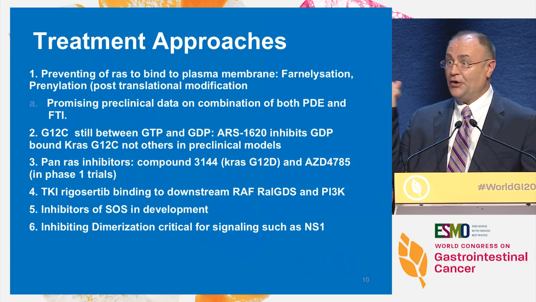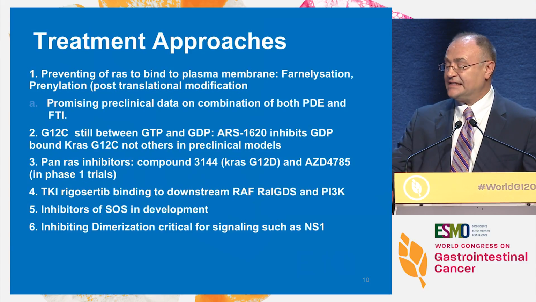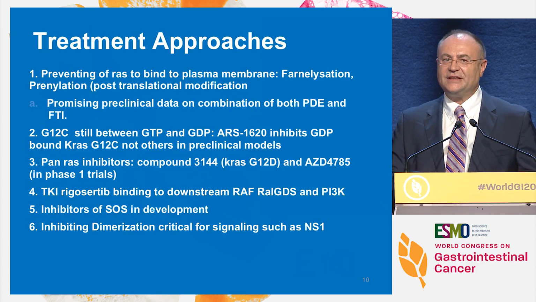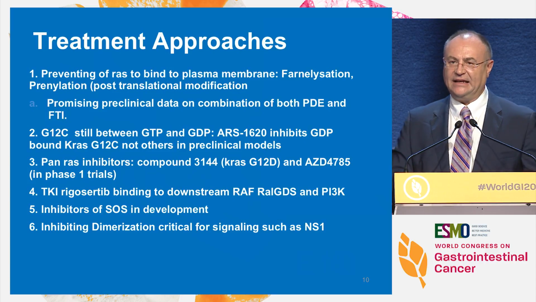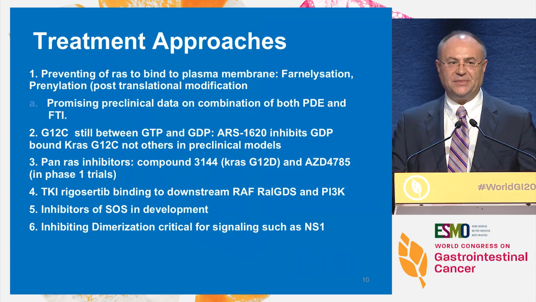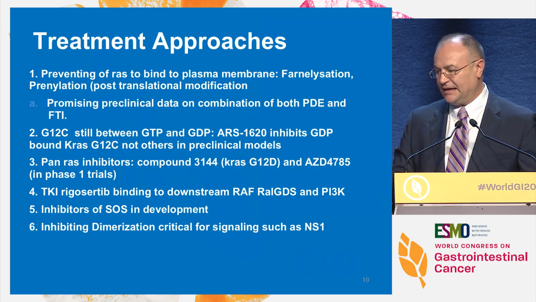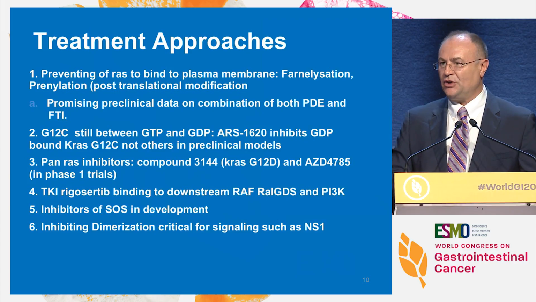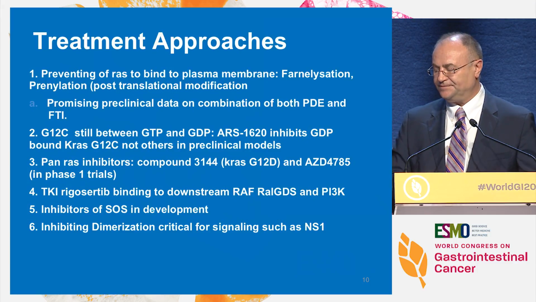There is an inhibitor, and you heard it previously, rigosertib, which was negative. This actually interacts with this RAL-GDS and PI3 kinase pathway. But also the data have been very limited, so we do not know the success. Again, the redundancy and the adaptive features of this signaling pathway will be a major challenge. You saw SOS, that is in development, and I think maybe promising to look, because that's the binding interaction of all the mutations with the GDP and GTP conversion.